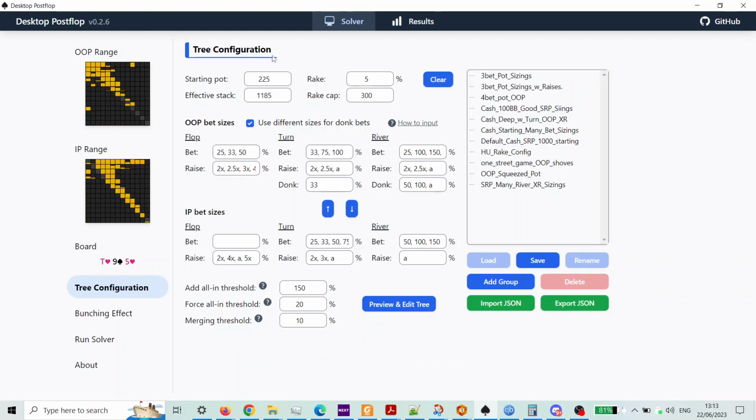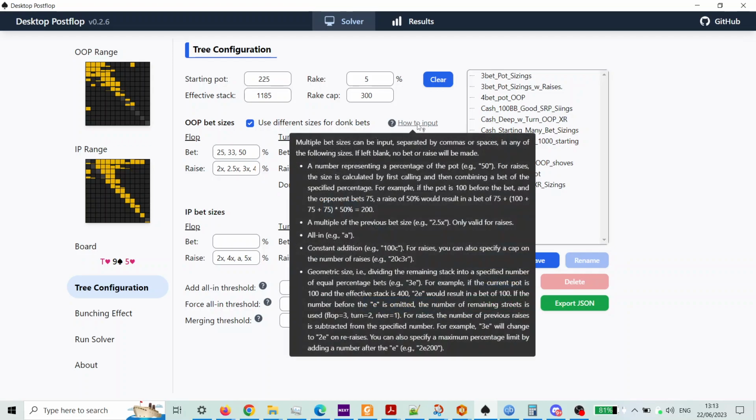Since this is a cash hand, a common convention when building a cash solve, rather, is that we add a digit so we can be a little bit more granular in our betting. We can add right here, and these are our sizes. The developer nicely put some prompts in where required. For instance, here, so we can look and see some details about how we enter